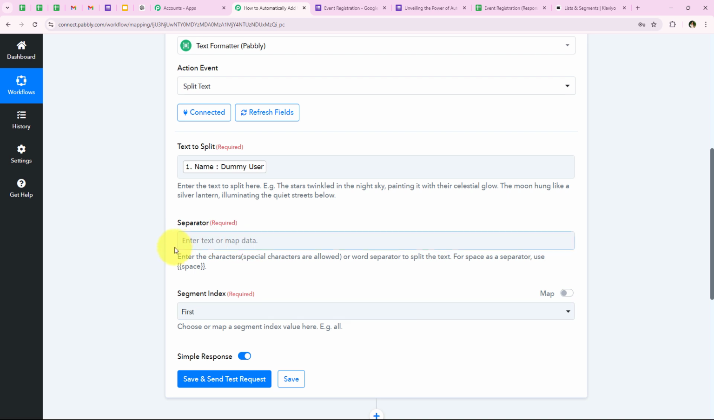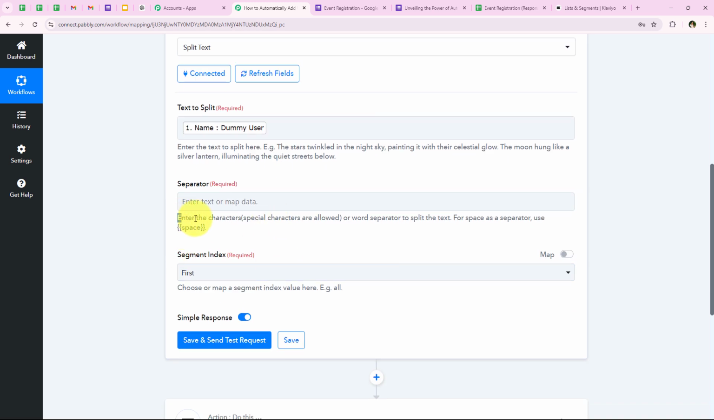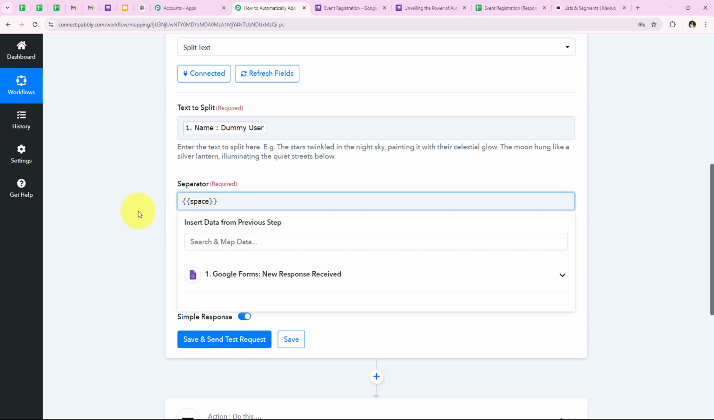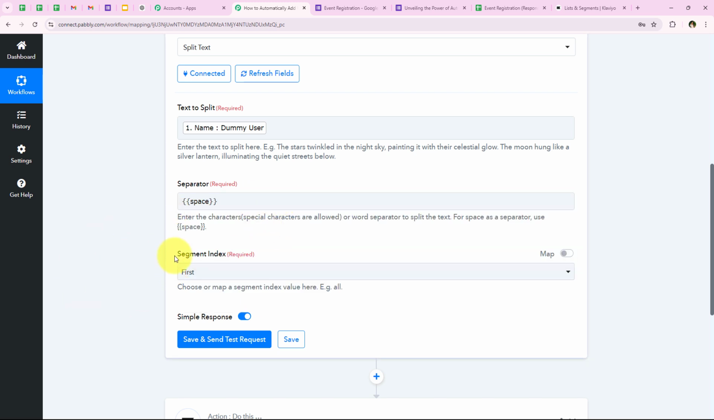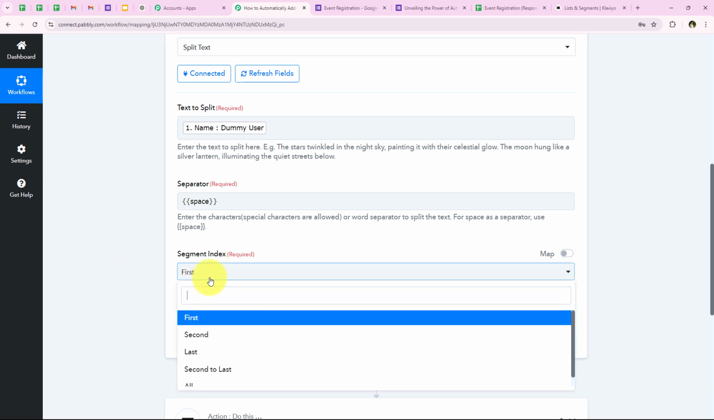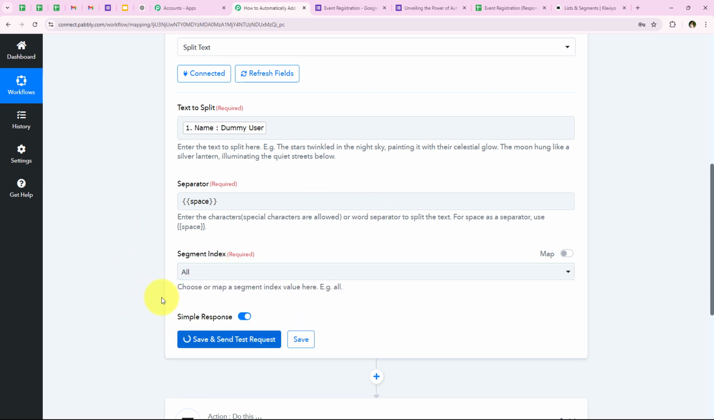Over here you can see that the help text says enter the characters or word separators to split the text. For space, use space as this. So I'm going to select space as the separator. I'm going to copy it and then paste it right over here. And now it is asking me for the segment index. So I'm going to select it as all right over here, and then we are going to click on save